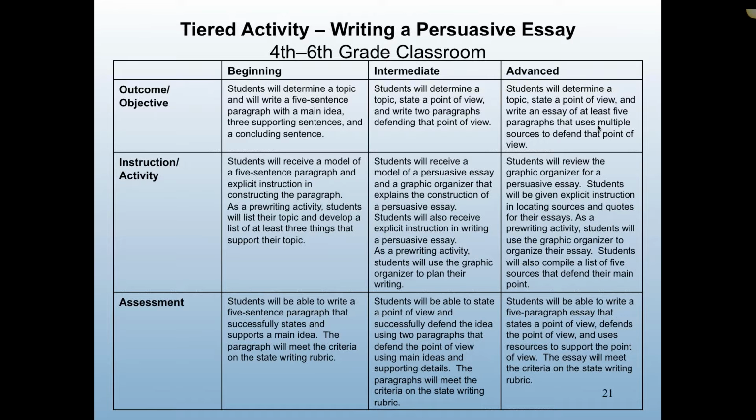So here, we're going to decide, are our kids at the beginning level, at the intermediate level, at the advanced level, and maybe we decide that with the kids themselves, where they think, okay? So if they're at the beginning level, they have to determine the topic. Absolutely, I love that idea. Exactly. Thanks, Chantel. I like it. So, write a 5-sentence paragraph that has a main idea, 3 supporting sentences, because that's where we start, okay? And then you can see what happens for intermediate, advanced.